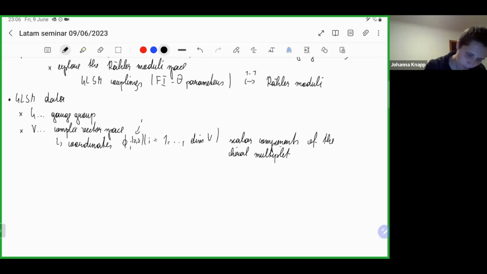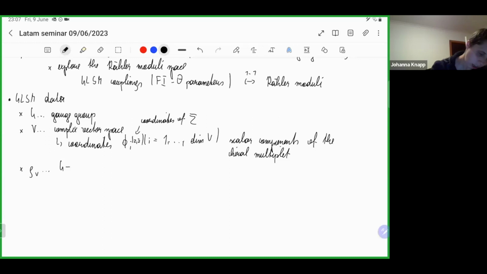They're functions of the worldsheet coordinates of the Riemann surface. And mathematicians like to sweep that under the rug because they only look at the ground state, so they don't actually know that the phi i's are actually, if you're serious about it, sections of some bundles over this Riemann surface. And you will see that we will actually get away with this. So because we have a gauge symmetry, our fields will of course transform under this gauge symmetry, and that's part of the data. So we will need to know how